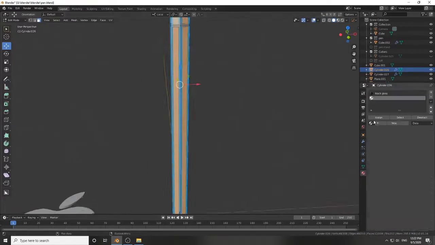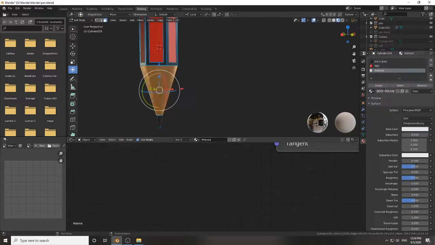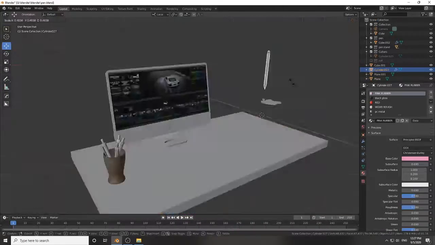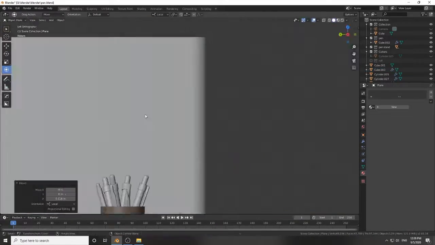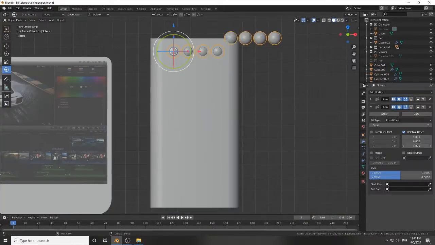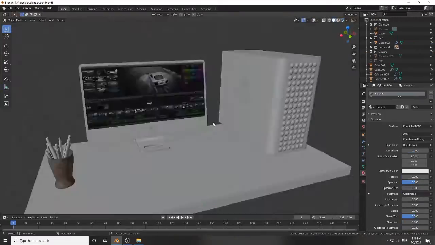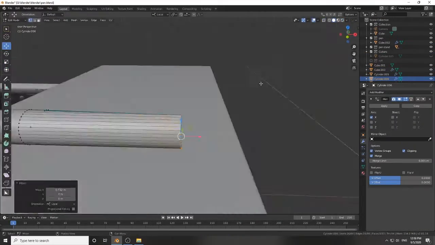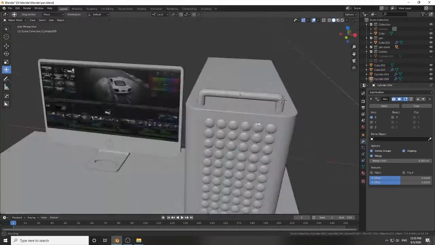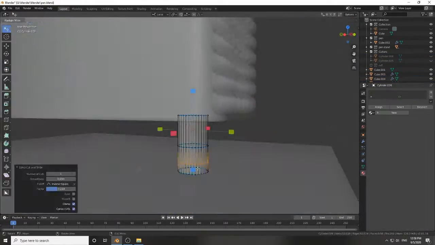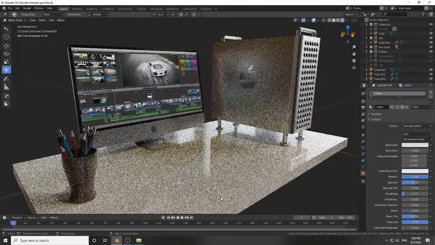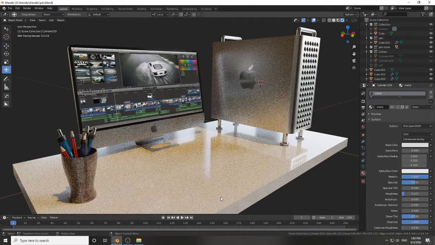So without any further ado, let's start the second part of the video. In this part I will create some 3D modeling like the Mac desktop, or say cabinet, and I will create a realistic pencil, and the main and important design will be the Apple logo design for the Mac. So friends, watch the video till the end so that you will get good knowledge of how you can create photorealism. Let's start the video.